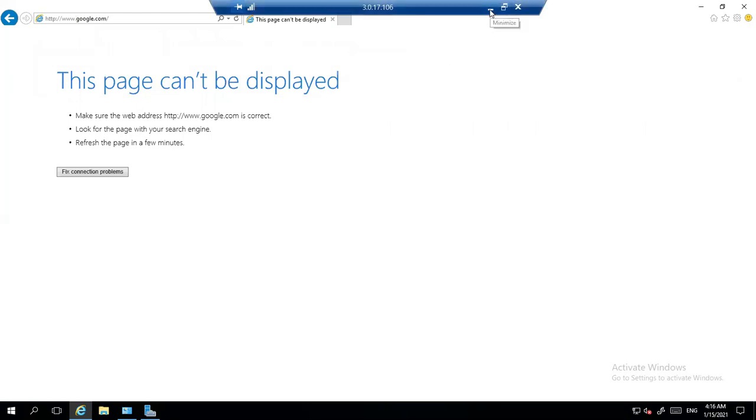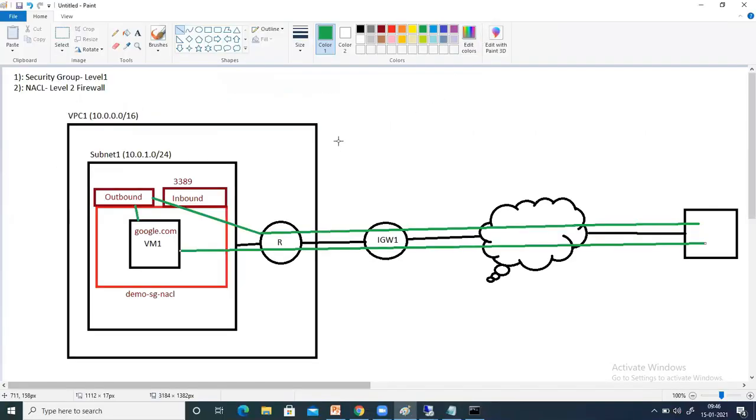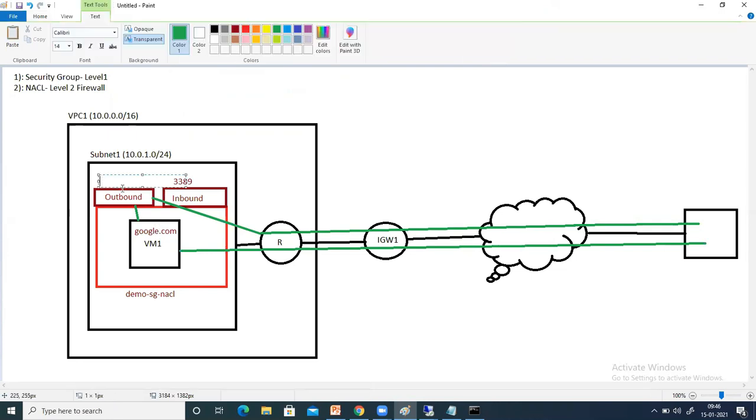Instead, if I create a rule, we all know that when we access the internet, it uses two protocols, port 80 and 443, meaning HTTP and HTTPS. So let me allow 80 and 443 here. In that case, what should happen?